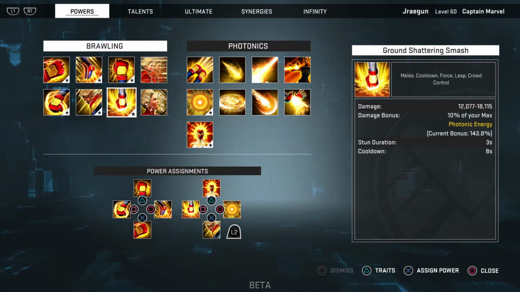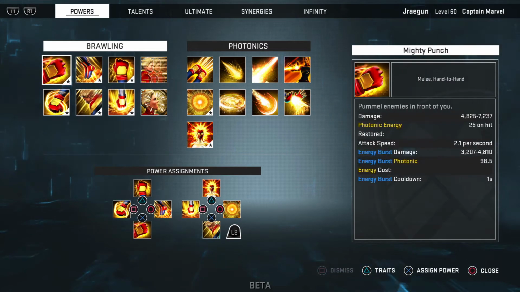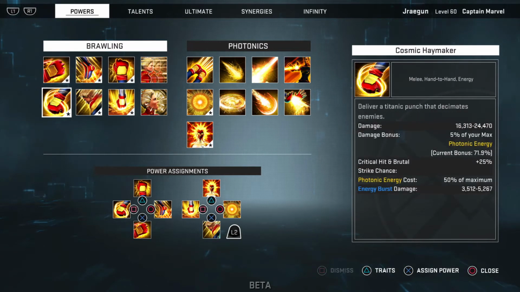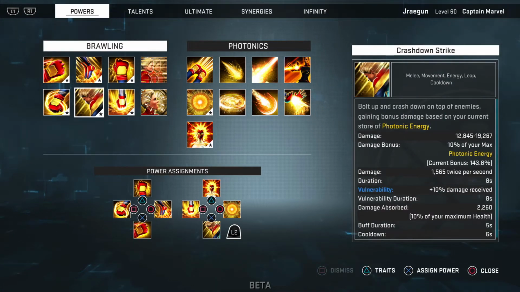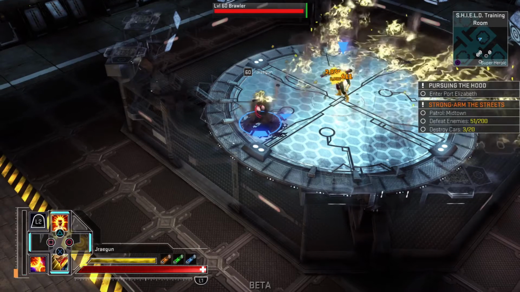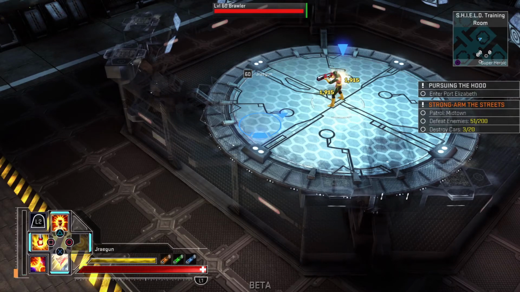Then we have, and that's keyed, looks like, to my L2X there. So I've got X, circle, triangle, square, just kind of my rotation, so I have all my real quick hitting melee attacks and my dash on my front row. Then L2X for the crash down strike, and L2 square for the ground shattering smash. This one does about 15k on average, 10% of your max photonic energy